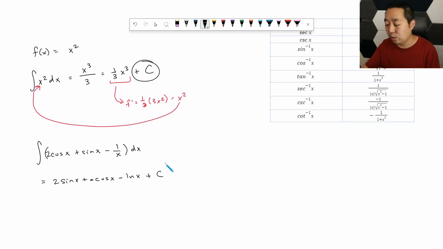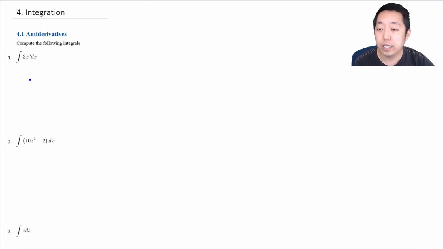Okay, so now we're going to do some more examples related to that, doing these kinds of reversing that derivative process, or the antiderivative. So now we're going to be getting into integration. And the most common way you're going to do an integral is by doing an antiderivative. Antiderivative is kind of doing the backwards of a derivative. And for a lot of these, what you're simply going to do is the reverse of the rule that you would use to take the derivative. So for example,